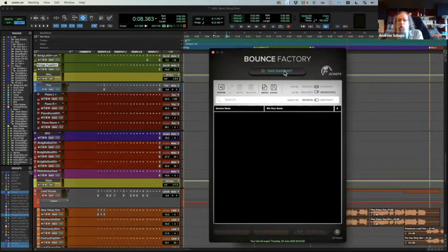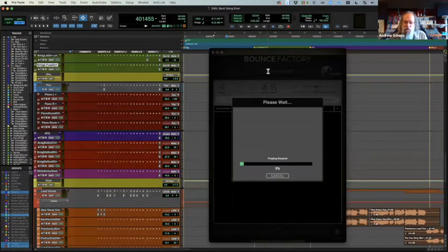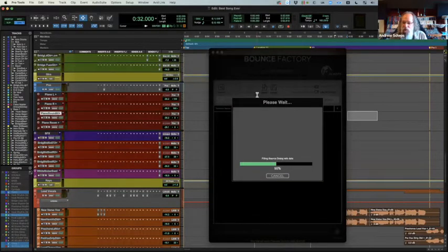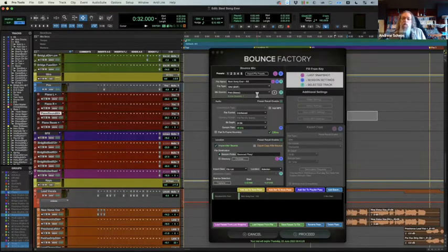The core idea is it takes a snapshot of your session. So when you've got a session open, you click take snapshot. It's telling me I haven't selected part of the timeline to bounce, which is a nice little heads up. It brings you to what looks like the bounce window in Pro Tools, but there are more options than you get in Pro Tools. But basically, this part of the bounce window is exactly what you're used to,